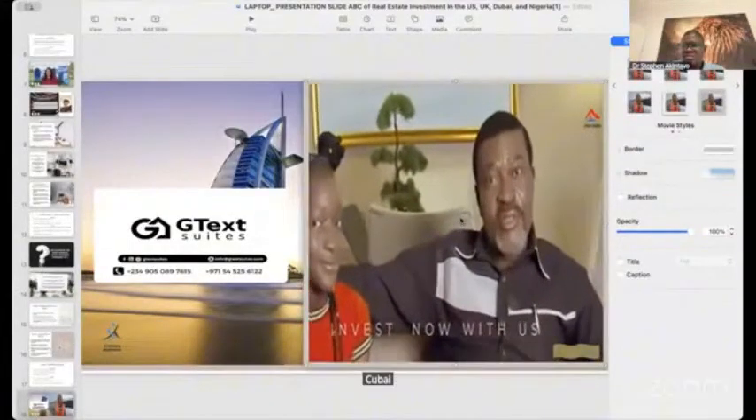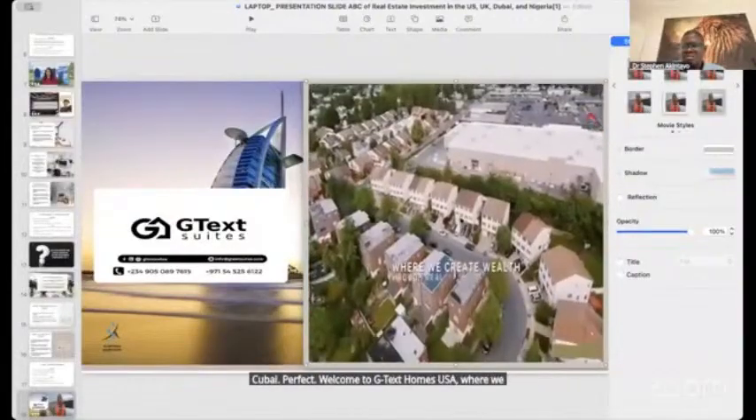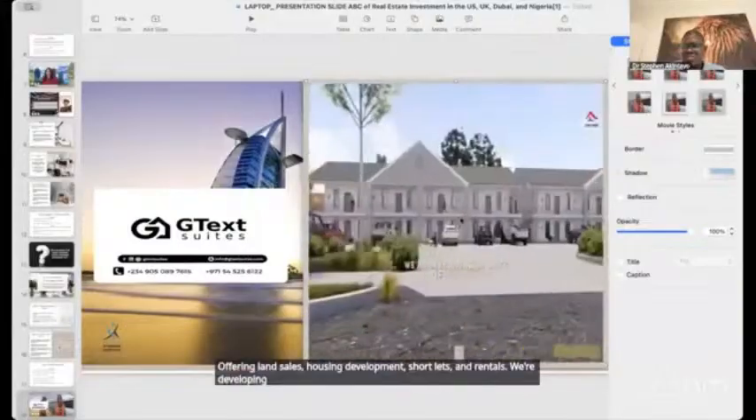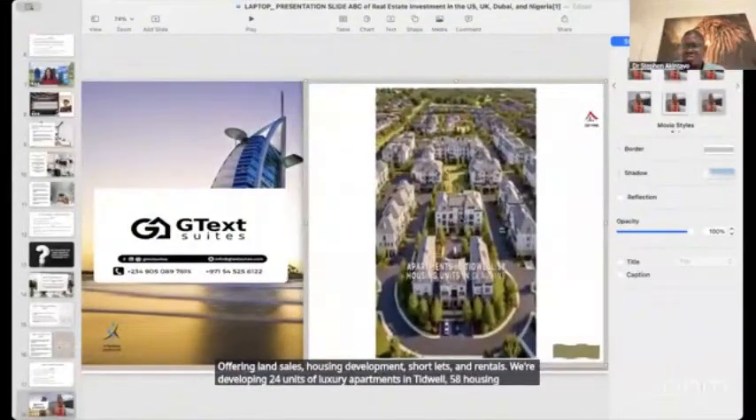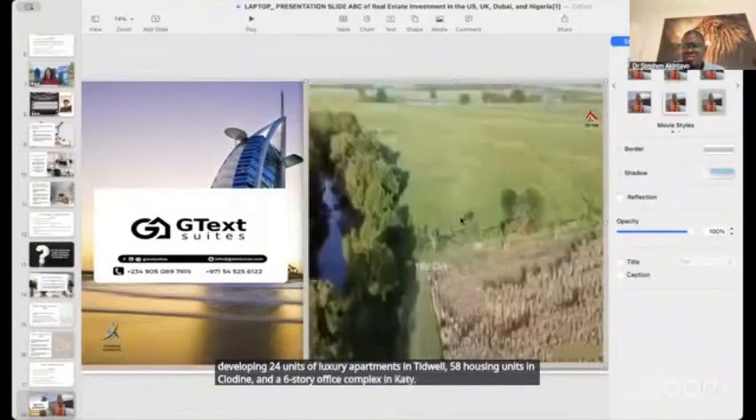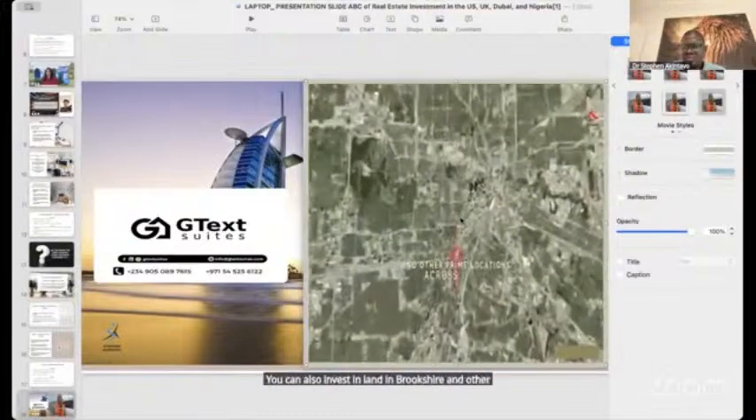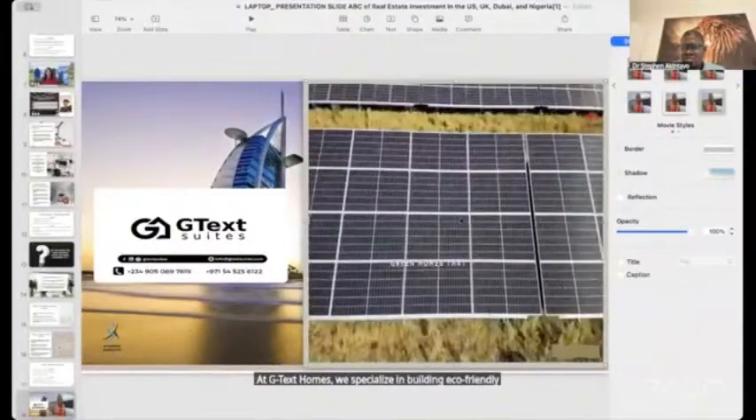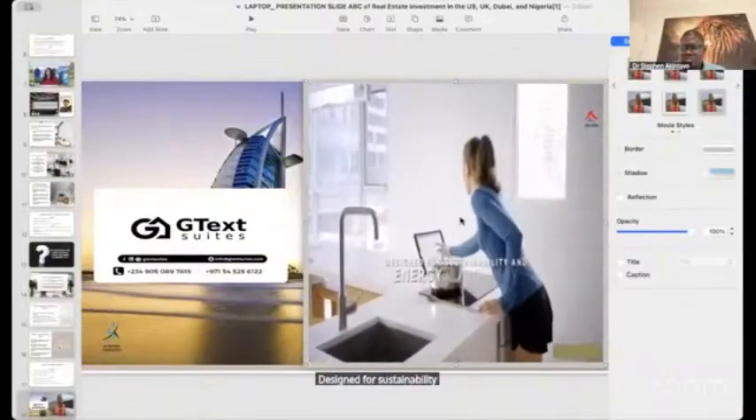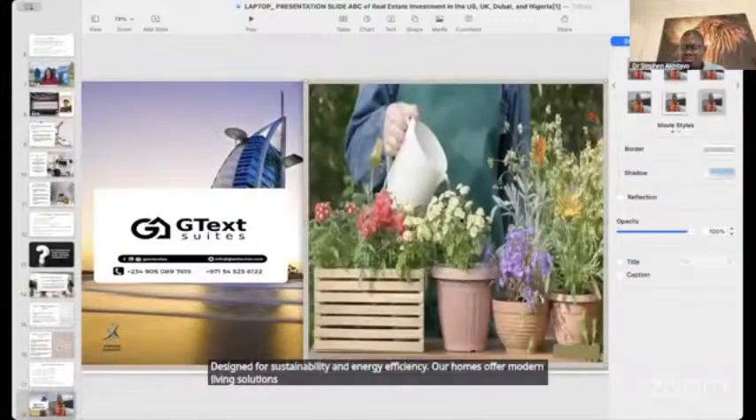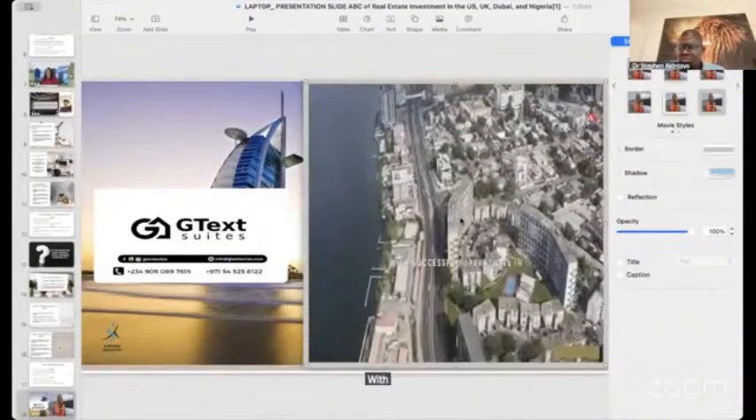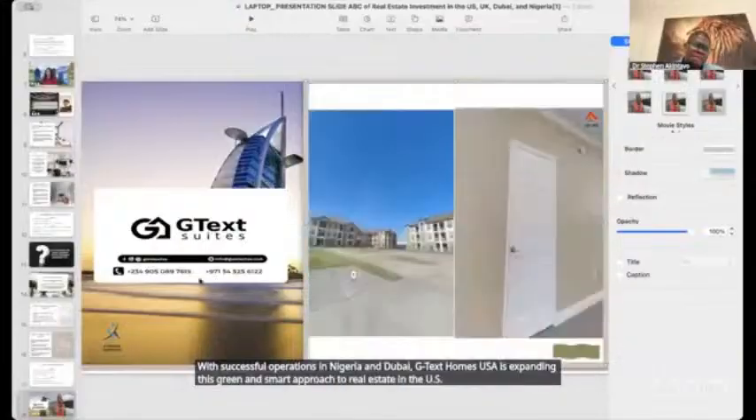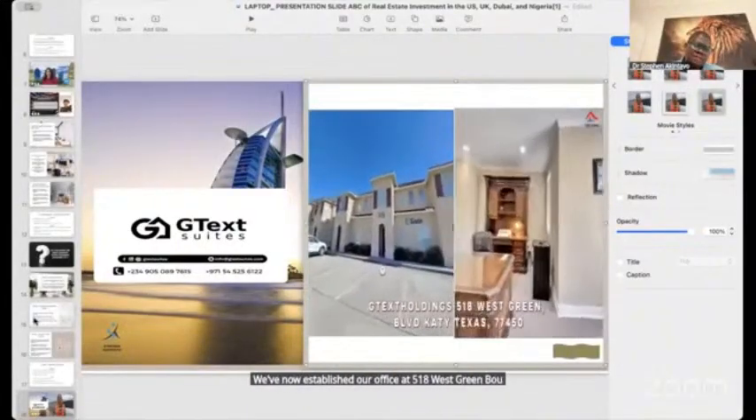You buy and wait. Welcome to G-Text Homes USA, where we create wealth through real estate investments, offering land sales, housing development, shortlets, and rentals. We're developing 24 units of luxury apartments in Tidwell, 58 housing units in Claudine, and a 6-story office complex in Katy. You can also invest in land in Brookshire and other prime locations across Texas, including Houston and Richmond. At G-Text Homes, we specialize in building eco-friendly green homes that incorporate smart technology, designed for sustainability and energy efficiency. Our homes offer modern living solutions while minimizing environmental impact. With successful operations in Nigeria and Dubai, G-Text Homes USA is expanding this green and smart approach to real estate in the U.S. We've now established our office at 518 West Green Boulevard, Katy, Texas, and you can visit us